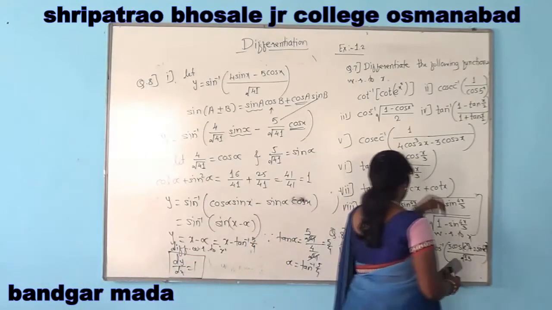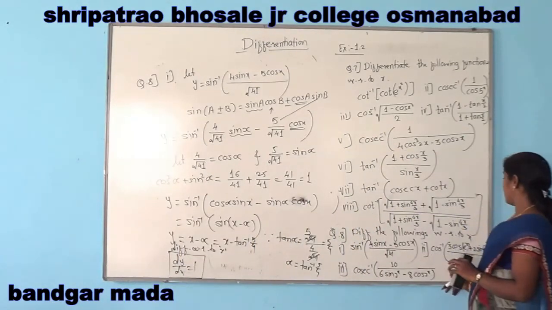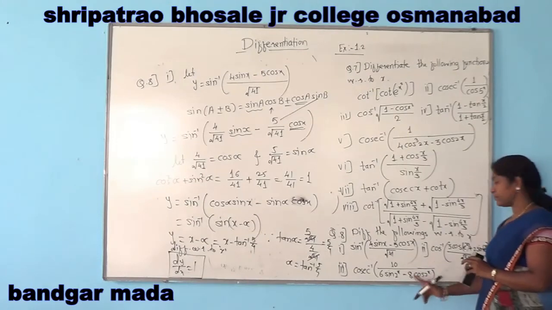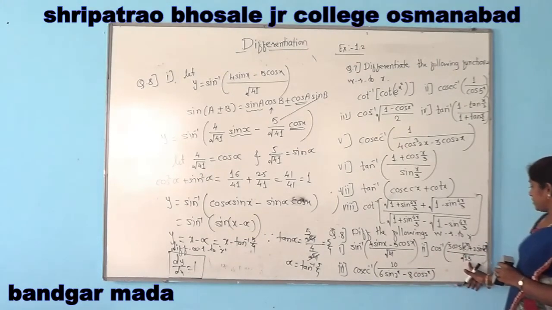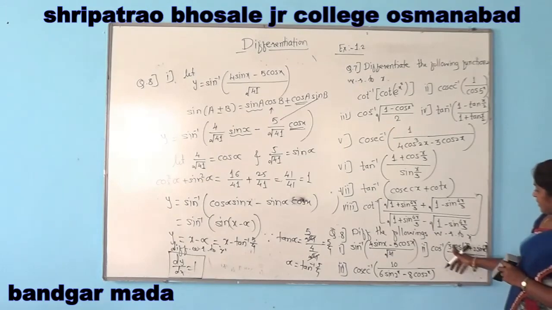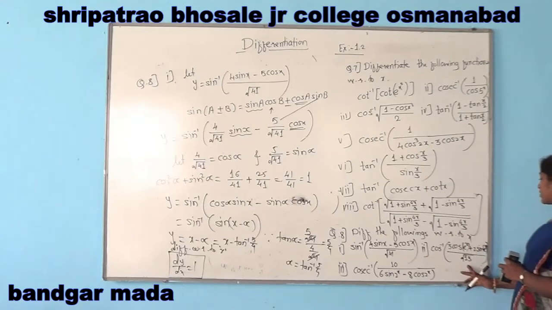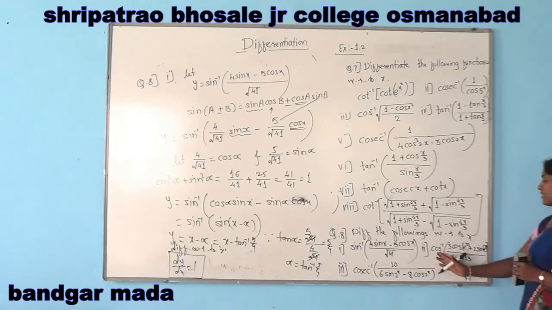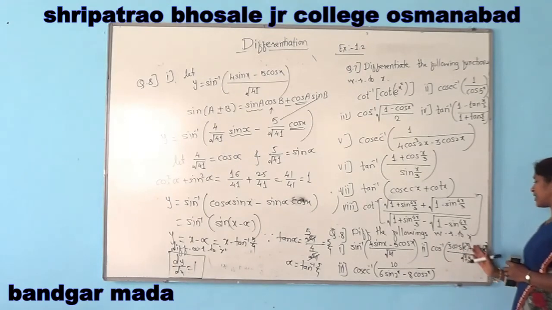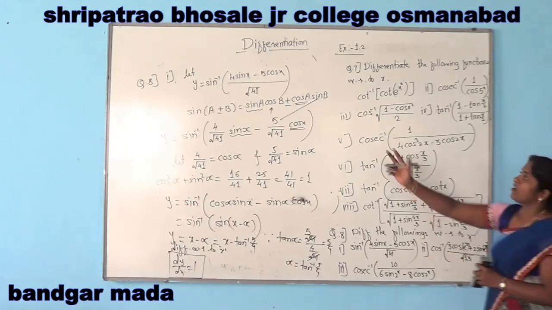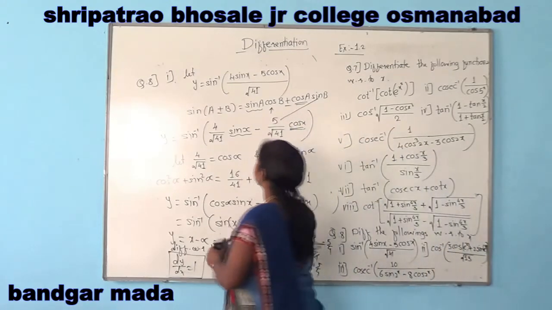Now we are going to solve the second example. Second and third both are the same. Here we have to split again by root 13, so that we get 3 by root 13 cos e raised to x plus 2 by root 13 sin e raised to x. Then use cos inverse of cos for cos of a minus b, which is cos a cos b plus sin a sin b. Same formula, and we are done here.